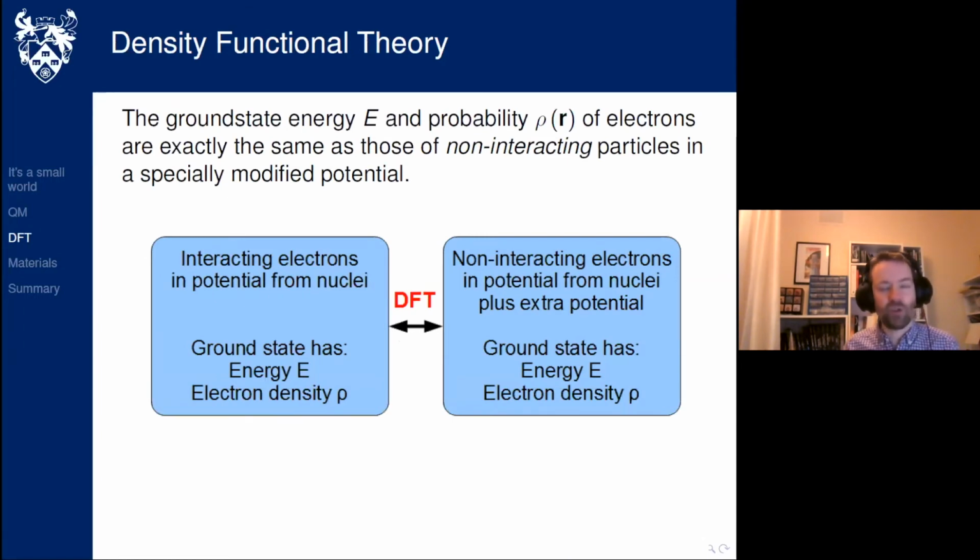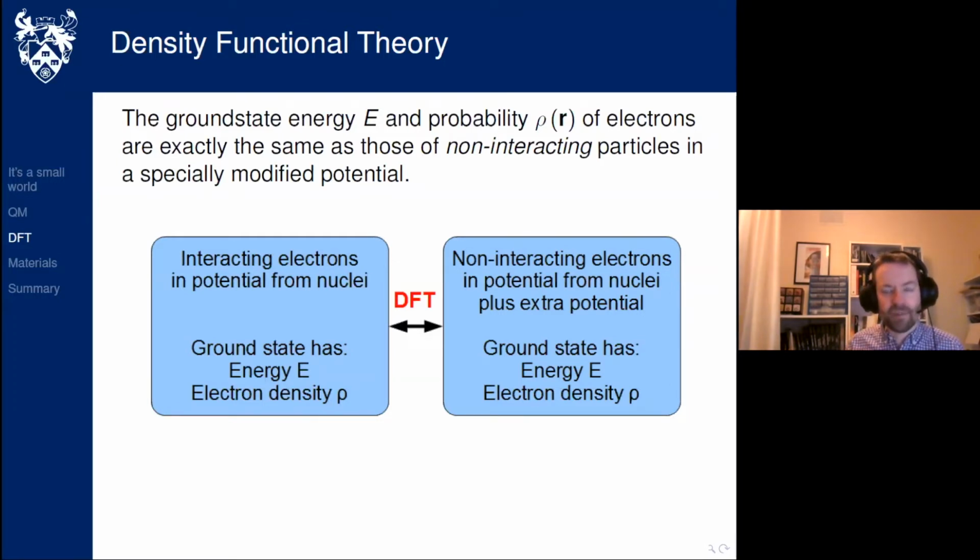Basically, it proves a relationship between this tricky quantum mechanical problem we had earlier and a slightly different sort of imaginary quantum mechanical case. What it says is the lowest energy state that we call the ground state, if we say it has a particular energy, I've called it E here, and the electrons are spread out with a particular probability distribution, which I've called rho of R here, there is another system which has exactly the same energy and exactly the same probability distribution.